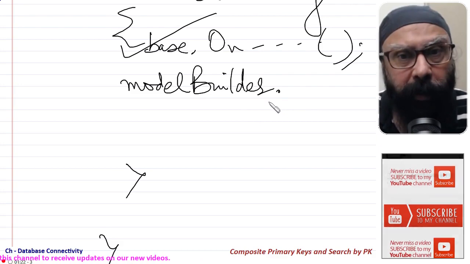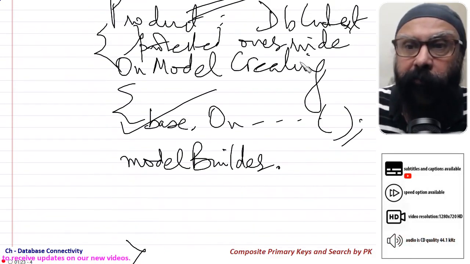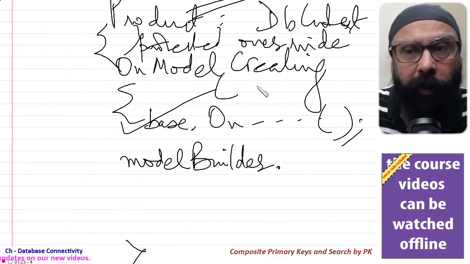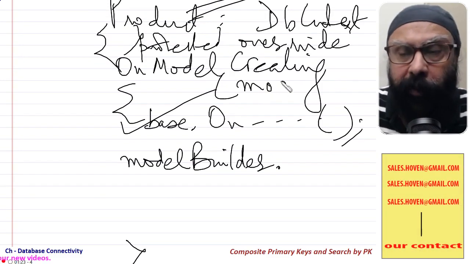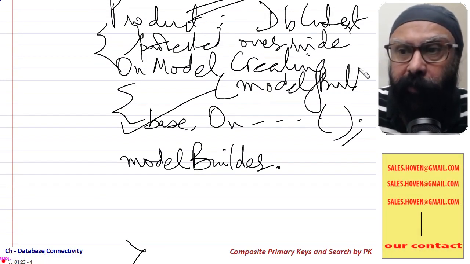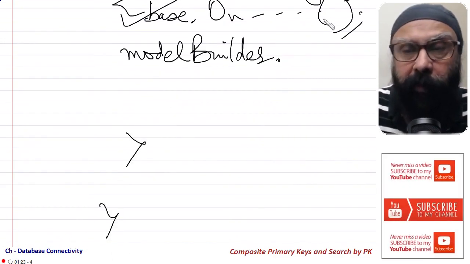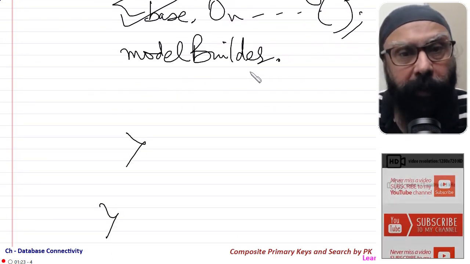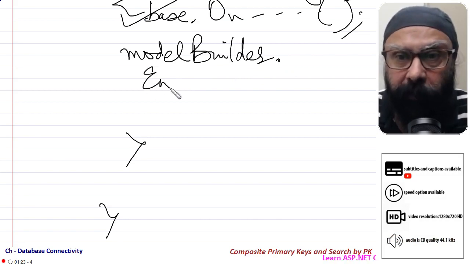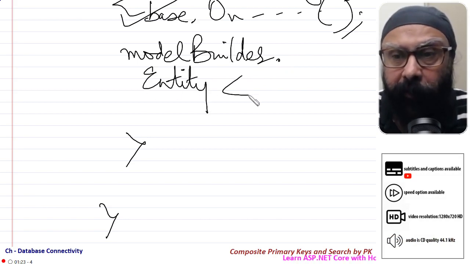So modelBuilder, where is modelBuilder coming from? It comes from OnModelCreating. Here you have a modelBuilder instance available as a parameter, modelBuilder.Entity, and for which entity?